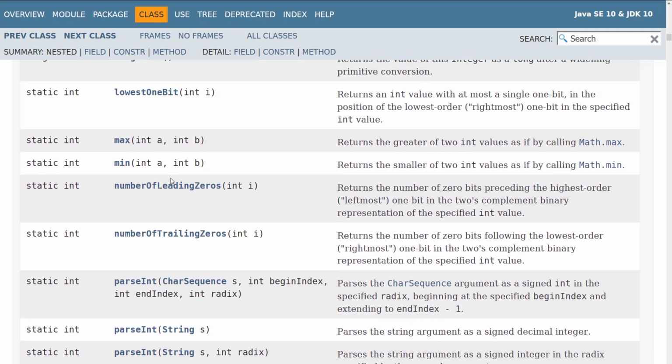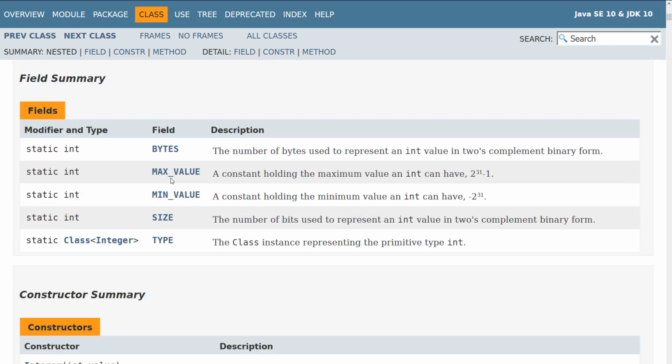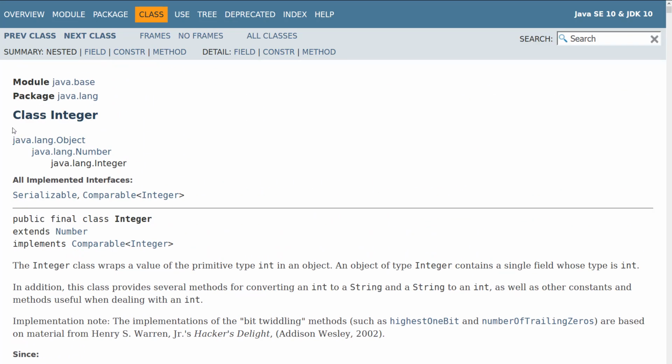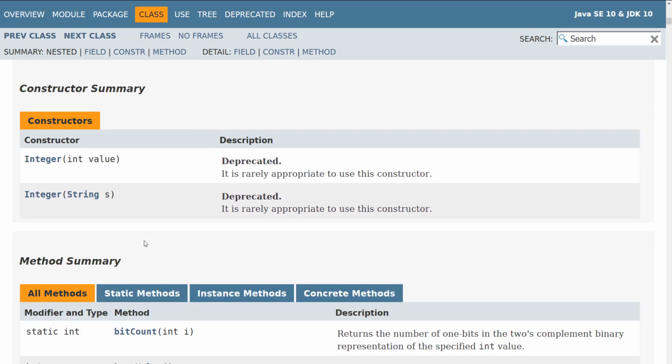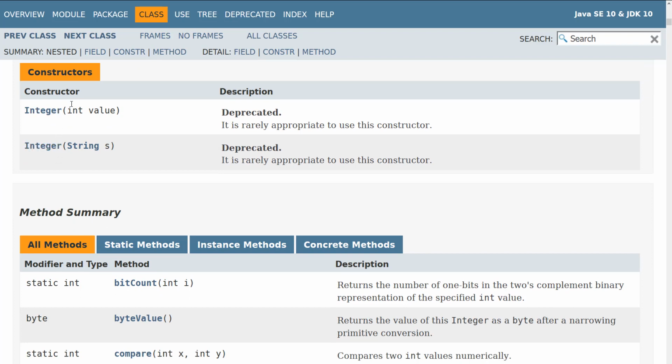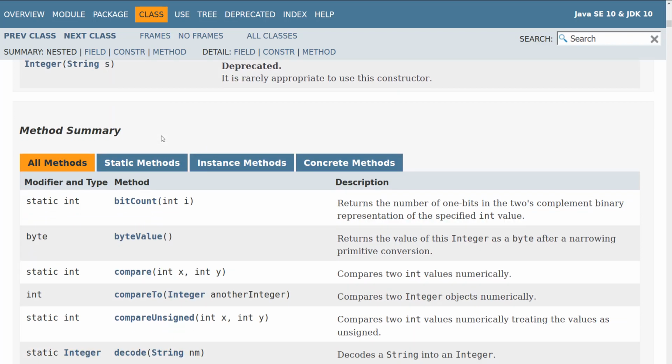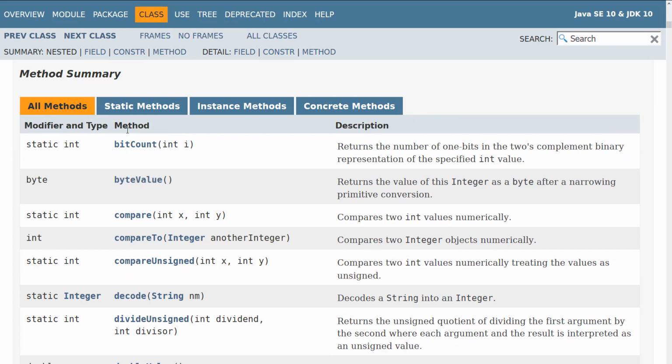So here what I did was I actually pulled up the documentation for the integer class here, as you guys can see. And what it does is it gives you all of this. First of all, it gives you all the static fields where you can find out how many bytes, the max value, the min value, the size in 2's complement here, and then the type that it returns, which is int, right? And then you look at here with the constructors, they're deprecated. So you can either still use this, but eventually these are going to get taken out of the language because it's no longer used. And then now you have this here where you can get your methods that are attached to your